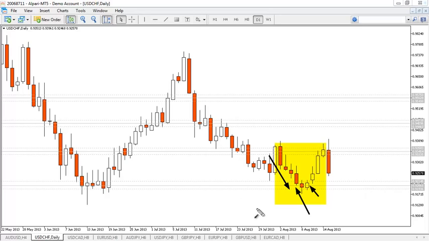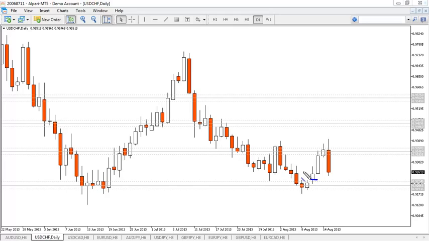And then the weekend comes along. So had this trade not been separated by a weekend, my entry would have been at the top of the wick. The wick would have been here. So my entry would have just been there at the top of the wick, and that would be perfect. But the fact that it was separated by a weekend and then it gapped up a little bit when the new week opened,